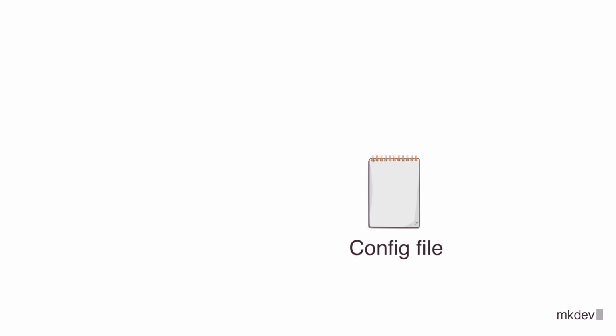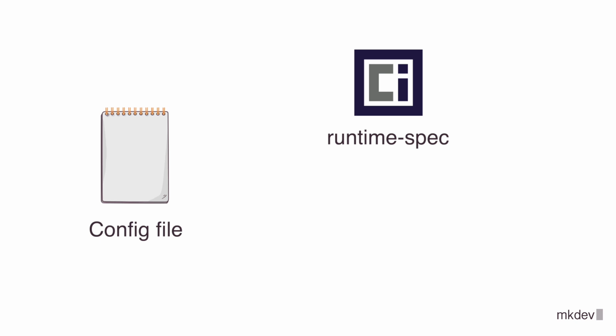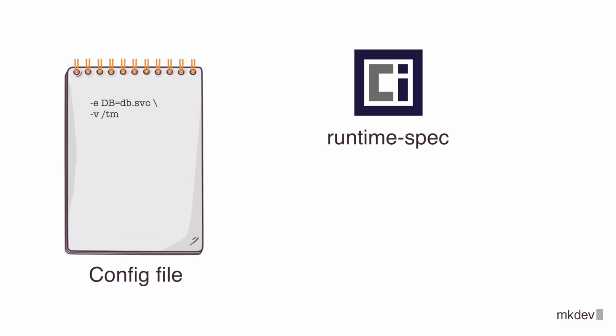The config file part is a bit more interesting. This config file is the runtime spec definition of how to run the container. It defines such things as which environment variables to give to the container, which user ID, which volumes to mount, which process to run, and so on. When you run the docker run command with many options, most of those options eventually end up in this kind of config file. The logical question is, what about container images? What's their relation with the container bundle?